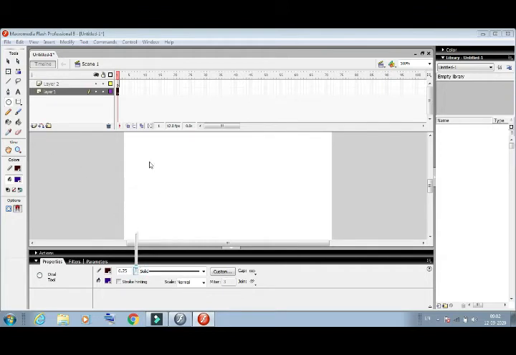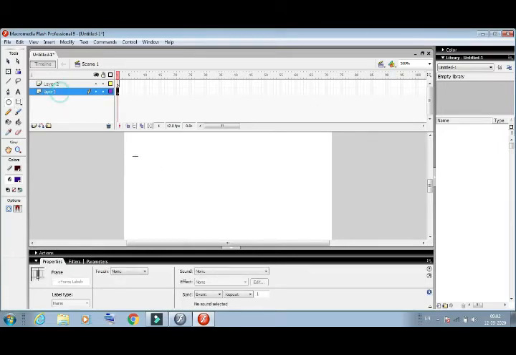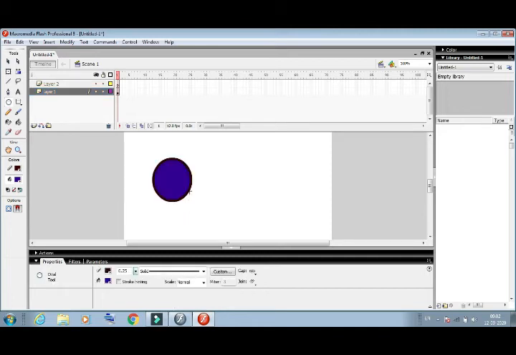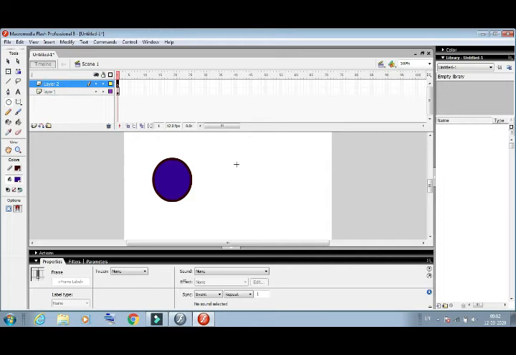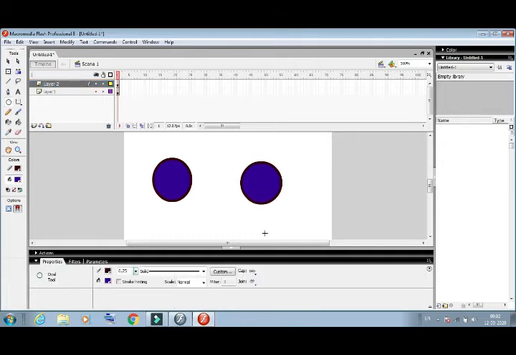Then we will press the left mouse button and drag the mouse on the Layer 1. Automatically the circle will be inserted in the given layer. So this is Layer 1, and we will make the same circle on Layer 2. How can we make it on Layer 2? First we select Layer 2, and then we make a circle. Drag the mouse, and release the left mouse button, and the circle will be inserted.